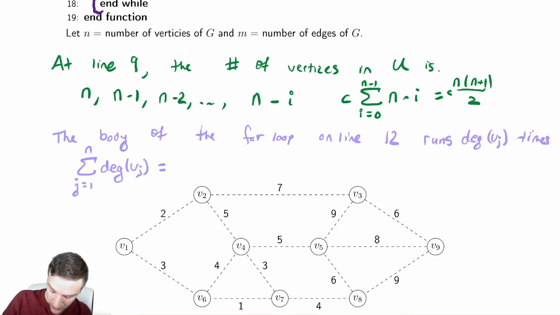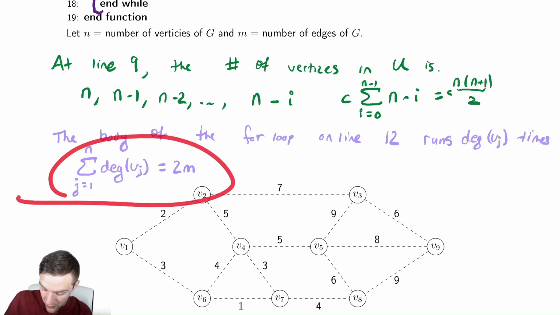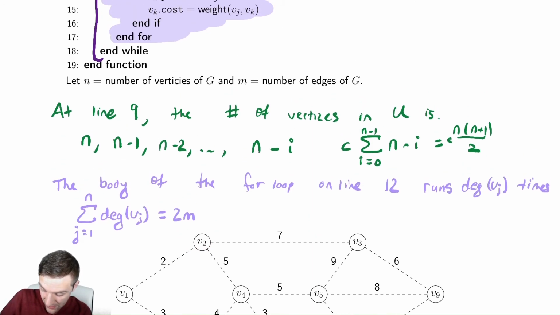And hey, we've seen that a bunch of times by now in the graph algorithms section. That has a runtime of 2m. So we have 2m for this part, and we have n squared for the other part. Therefore, the complexity here is going to be theta of